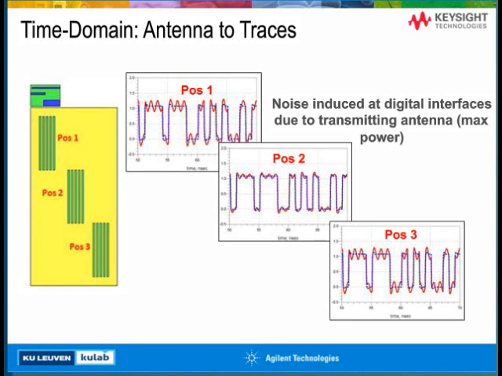The red curves are the signal that you get when the antenna is excited, and you see that you get quite some strong coupling from the antenna to the digital interfaces, where again in position 1 and 3 they're about at the same level, and in position 2 they're much smaller. This also means that in position 1 and 3 the opening of the eye diagram will be much smaller due to the coupling with the antenna than in position 2. Again, all confirming what we saw before.